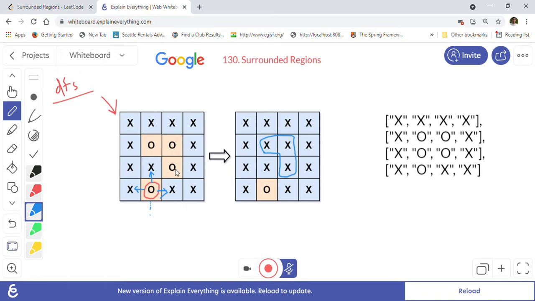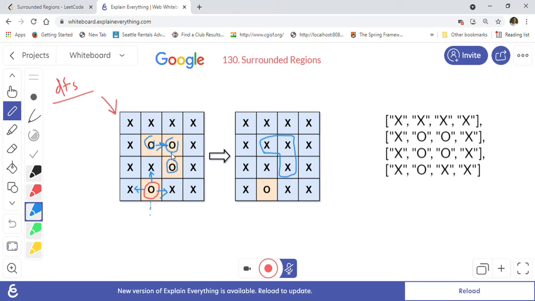This is the surrounded region that we are looking for. It is surrounded in 4 directions by X. So as you can see, any of these O's, like this O or this O or this O, is surrounded by X in all the directions. All the directions meaning, if it is surrounded by O, for example on the right side, that is acceptable. But it should be surrounded by X or O basically. So that is what the problem is.